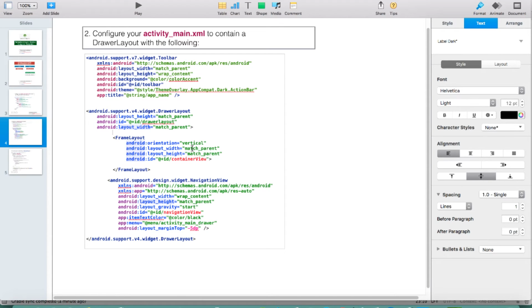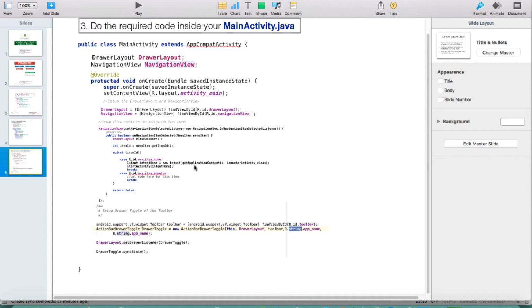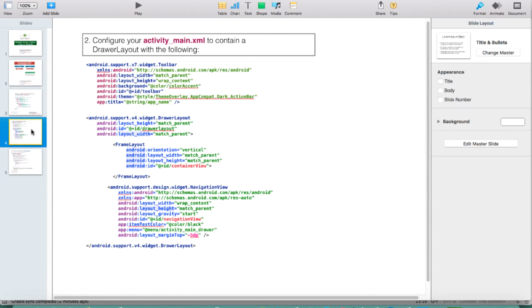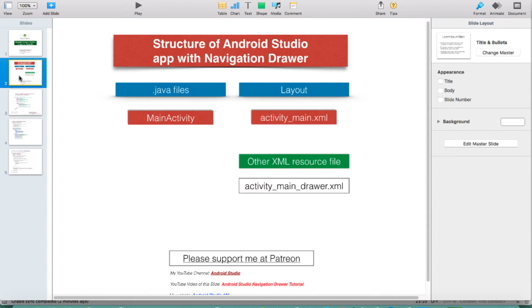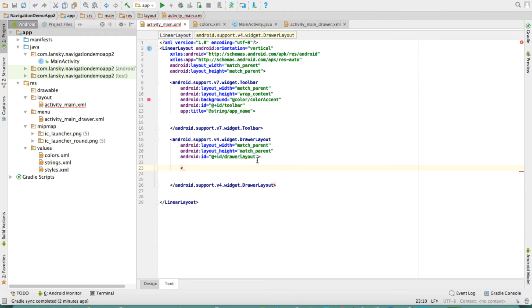This frame layout is called in your code here. Actually, no, not here, not there. Okay, so the frame layout is really not important. Sorry for that. The frame layout is not really important for the navigation drawer, but it's important when you have a tab layout